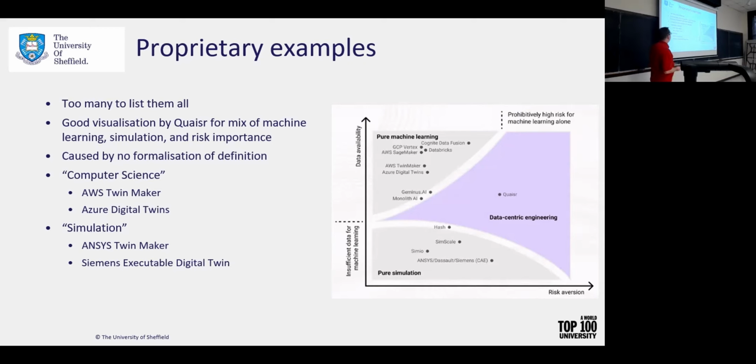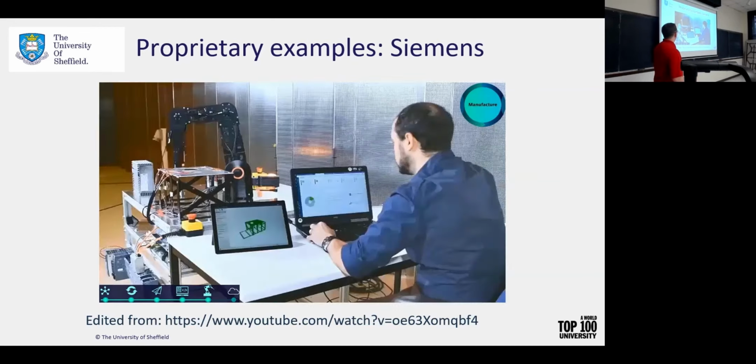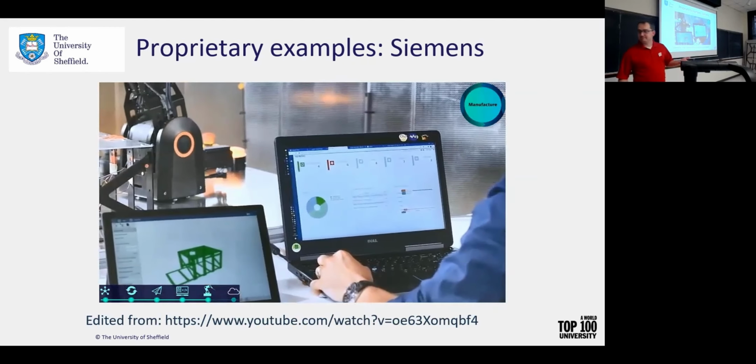You also have what's called Siemens executable digital twins, which are a very interesting aspect that I'll show you a little bit more about. So this is a promotional video by Siemens. I've edited it down because it's 10 minutes long, so I just took out the minutes I want. This is a demonstration of what they call their executable digital twins. What the executable digital twin does is it takes live data and maps that onto the finite element model to provide things like stress distribution of the system. So that's live.